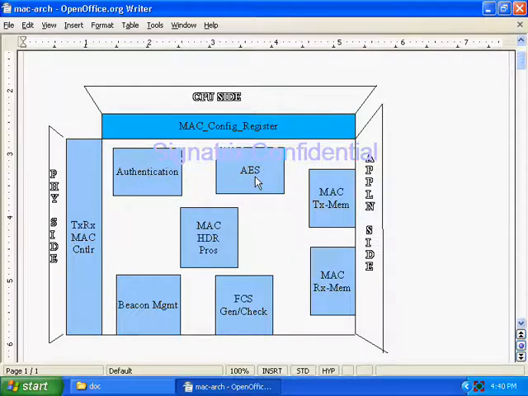And then AES, the advanced encryption standard module. By using this module only, I am going to encrypt and decrypt the data. While I am transmitting, I will send 128 bits. This is AES 128. Actually, there are AES 128, AES 192, AES 256, three flavors in this encryption standard. Here I have used AES 128. That means at a time I can give 128 bits as an input stream, and it will do the encryption. At last it will give 128 bits as an output, that is encrypted data, cipher data. For that purpose we are using AES here.